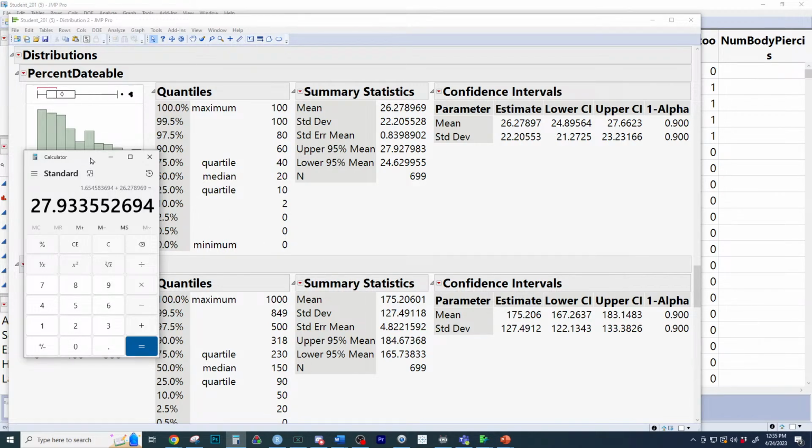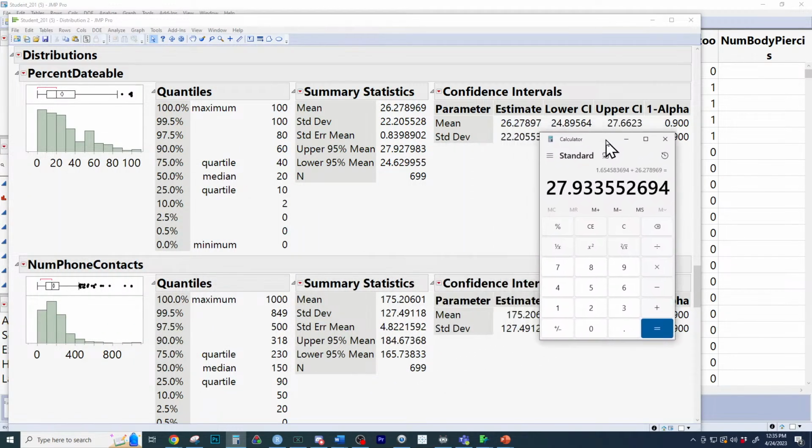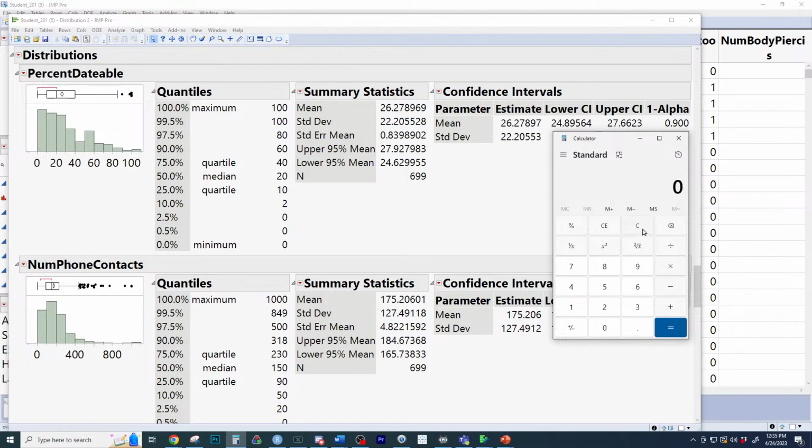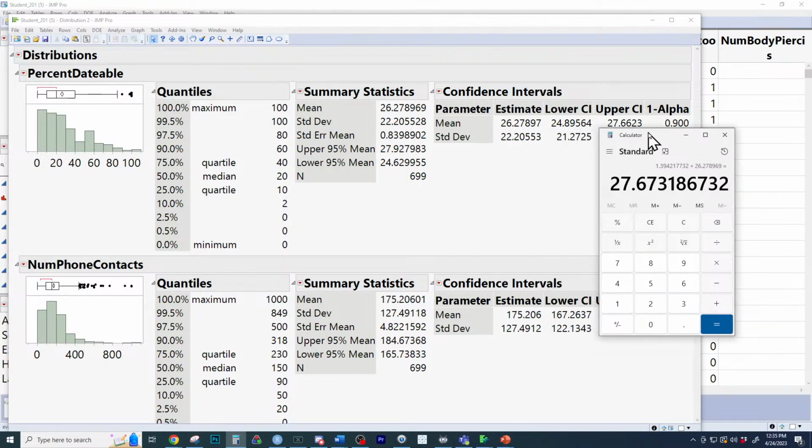And that number right there, oh, I did 90%. I did that last time I said I could do it. So we've got to redo it again. Why do I keep using different intervals? Most statisticians use 90% confidence intervals. 95%, my gosh. Times 1.66 about. And there's the margin of error. And then we add that to the 26.278969. And we get basically that number right there because I was doing it from what I thought the t was. And if you look at that number, it's very similar.